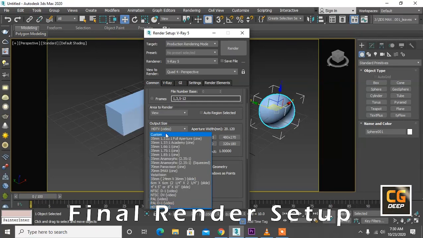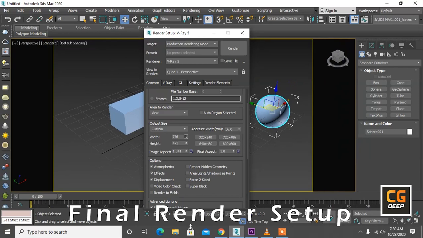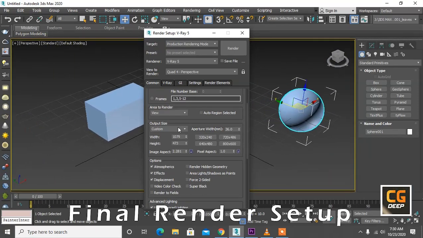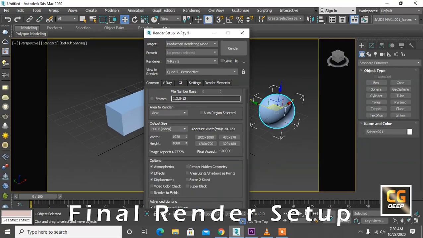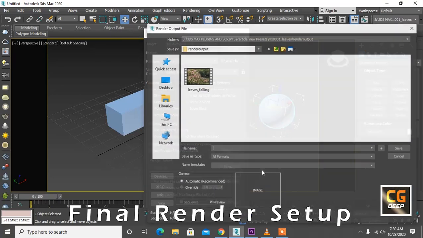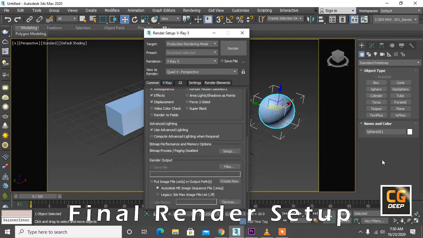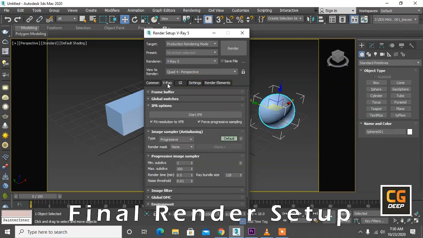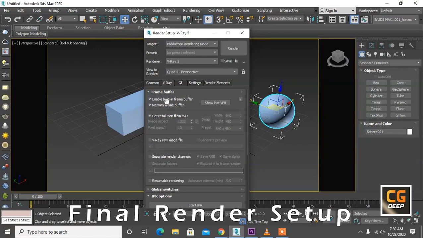And go to the size as you want, set your size by your framing. I will select HD, Full HD, and save the file, as you want. Where do you want to save? V-Ray, and select frame buffer. Yes, check enable built-in frame buffer.